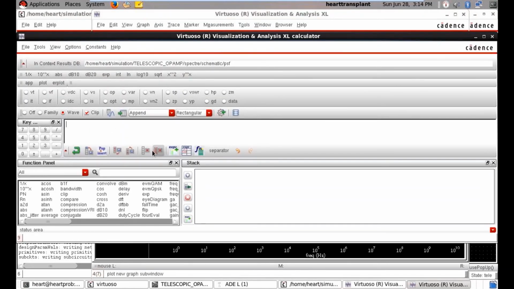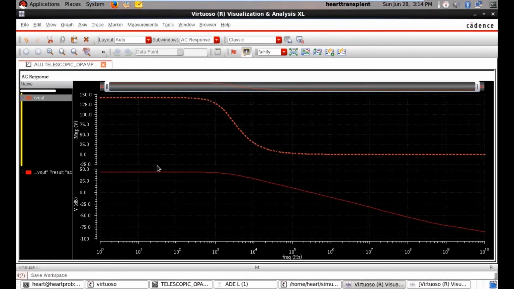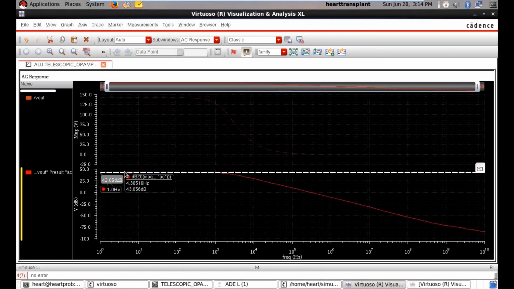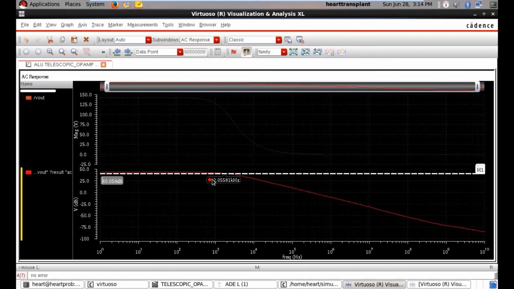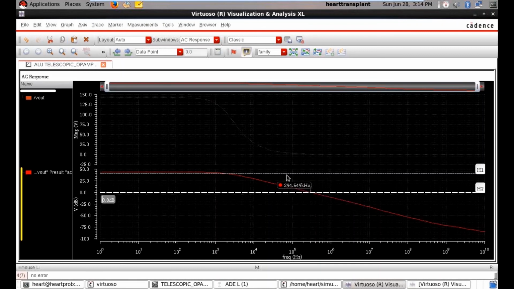After this, I'll apply dB20, so I'll get the total Vout in 20 dB. I'll click on dB20 and split it. I'll get the normal 40 dB magnitude. Then I need to go 3 dB back and to 0 dB. This is the 0 dB frequency, 190 kilo, 294.54, and the 3 dB is that one.